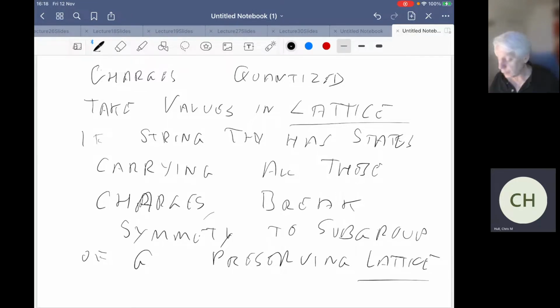So this is something we've already seen in the case of the emergence of T-duality, where we